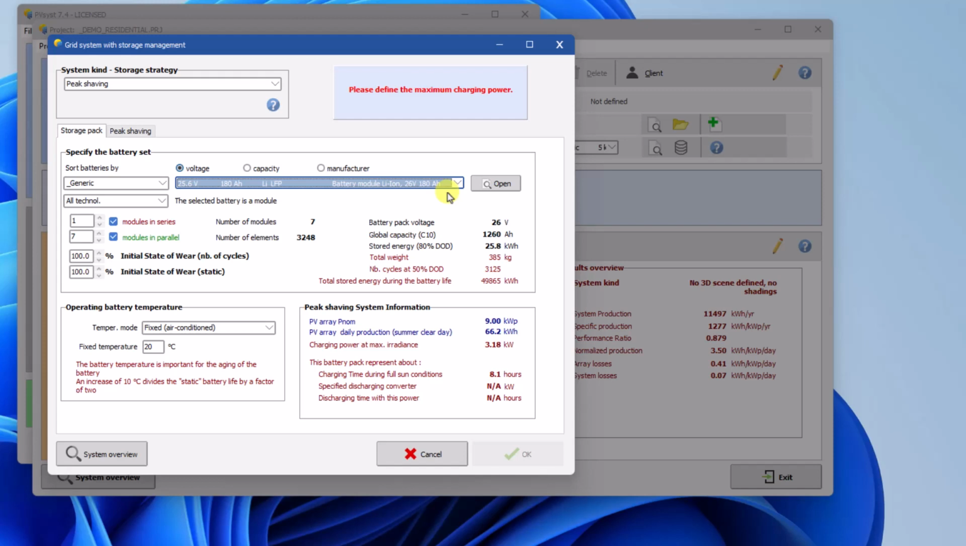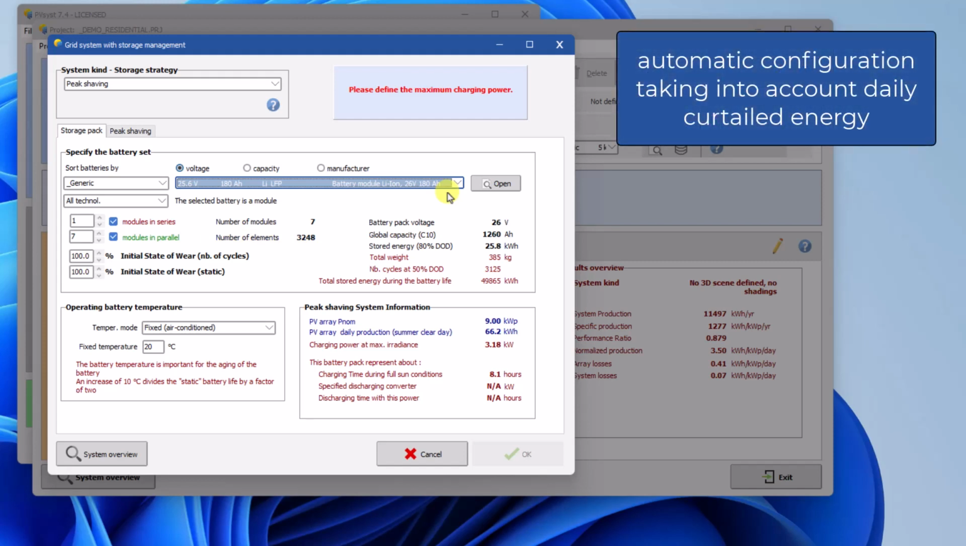As soon as we have chosen the battery pack, PVsyst pre-fills the fields Modules in Series and Modules in Parallel. In our case, a single module in series has been chosen, and 7 batteries were put in parallel. The resulting number of modules is 7, giving a total number of elements or cells of 3,248. This configuration was created automatically by taking into account the daily curtailed energy that cannot be directly injected due to the